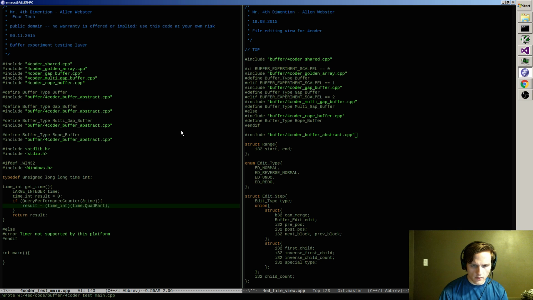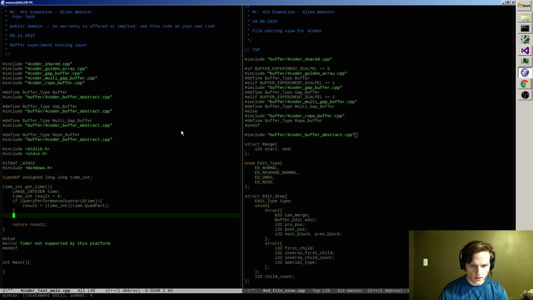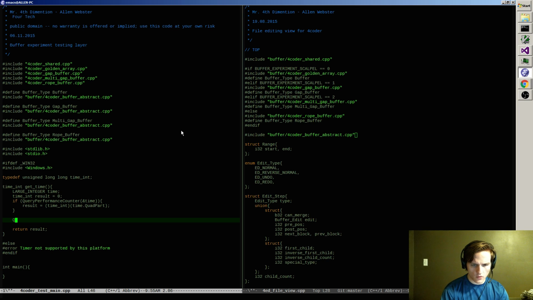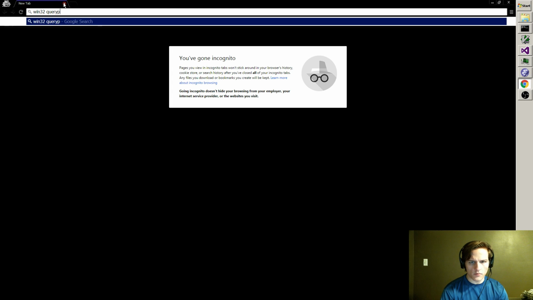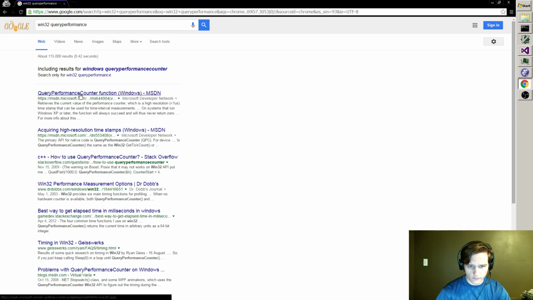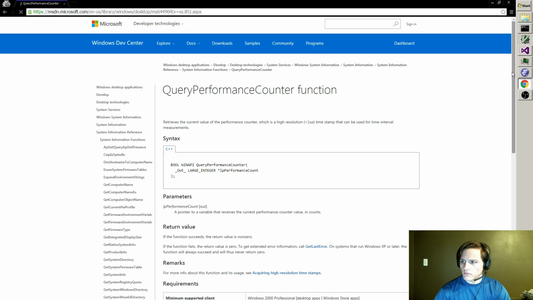Then the other thing I want to do is say when I return this, I need to like have a convert function or something. I need to query performance... I forget the name of this function too. Query performance. You have to do this.